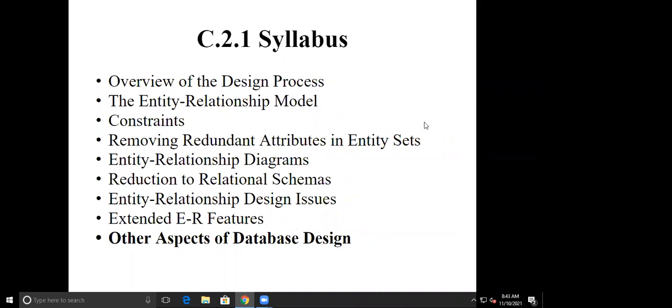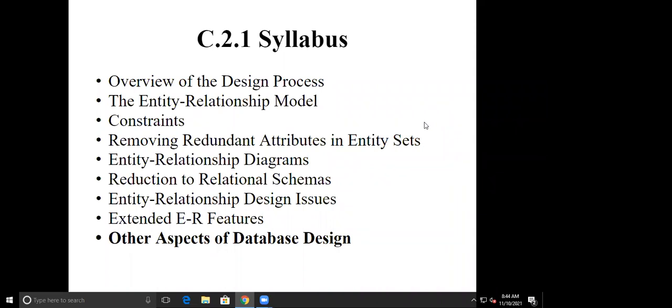The next is a relationship. A relationship is the association between entities. Here the two entities can be of different types, for example, a person and a bank account. If a customer opens an account in a bank, then there is an association between the bank and the customer. This association is shown by the relationship. A relationship can also have its own attributes, which represent the relationship when it was established.